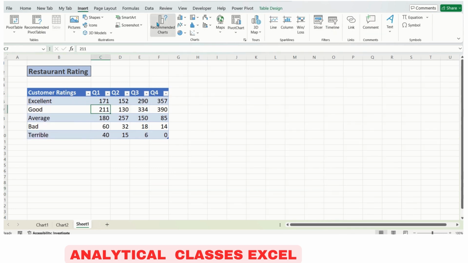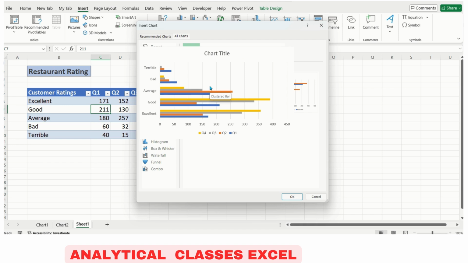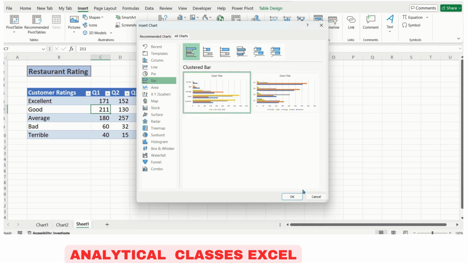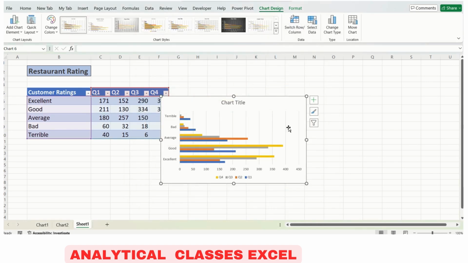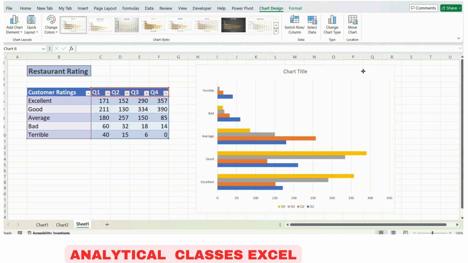So let's see what other options are available. So we are getting a bar chart. This is a horizontal version of the column chart. In that case we were having the vertical. In column charts you have vertical bars, and in the bar chart we have the horizontal one, because the customer rating category has become the y-axis. In that case it was the x-axis, and the values have become the x-axis, which was y in the column chart.